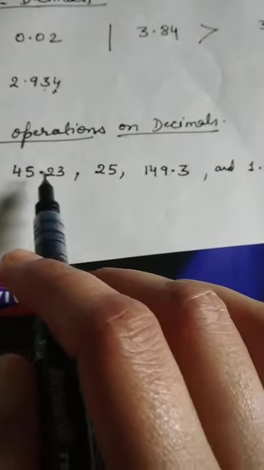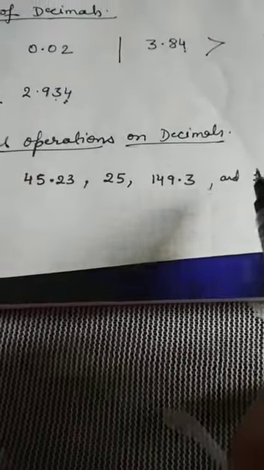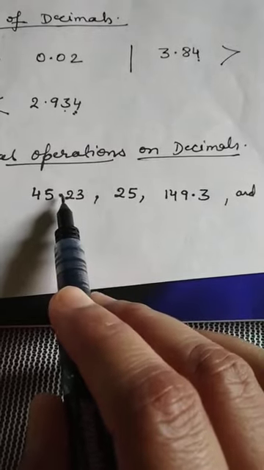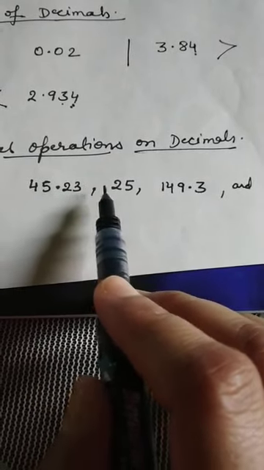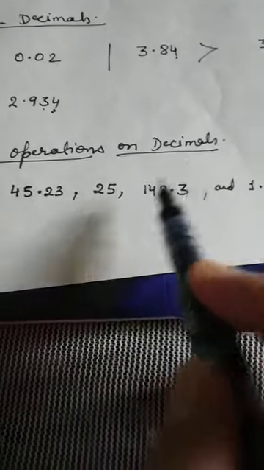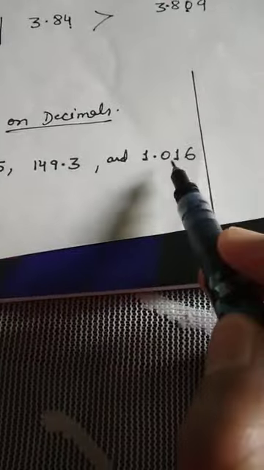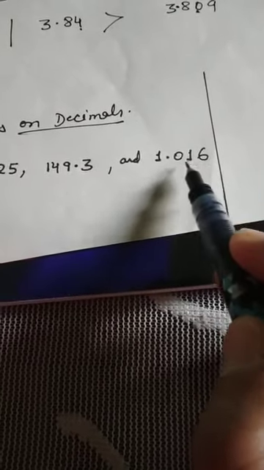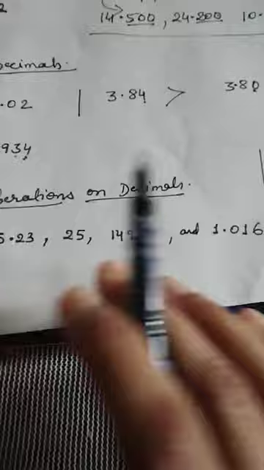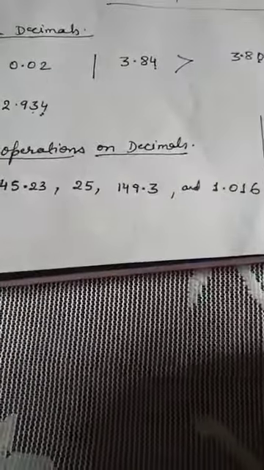To add different decimal numbers, first of all we have to change all these decimal numbers into like decimals. Like decimals means we have to change the decimal part into an equal number of digits. Here the decimal part has 2 digits. Here there is no decimal part. Here the decimal part is 1 digit. Here the decimal part has 3 digits. So the first work is to change all the decimal numbers into like decimals. So first of all, write this in a vertical column.